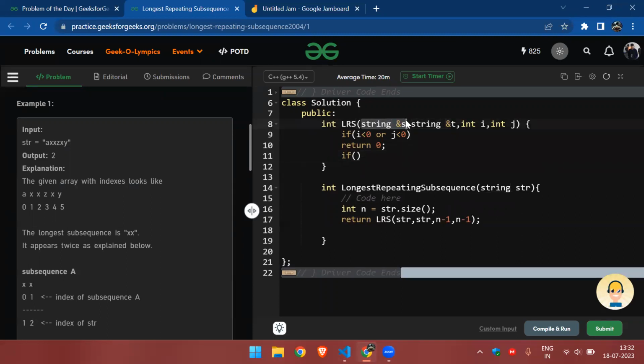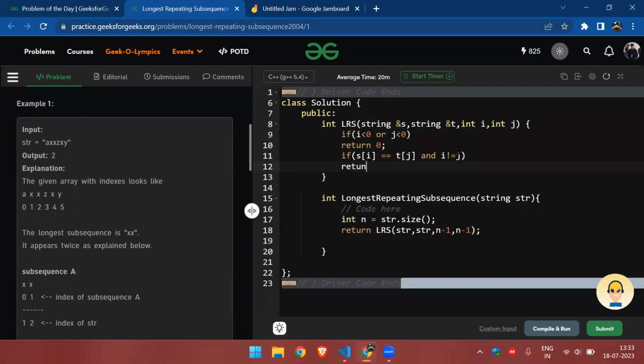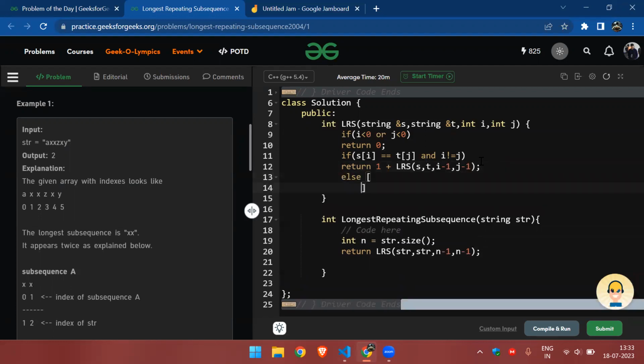If the character matches, then we simply call the recursion to do the rest. So if, and here we add the condition that indices should not be same. Now in the else part,